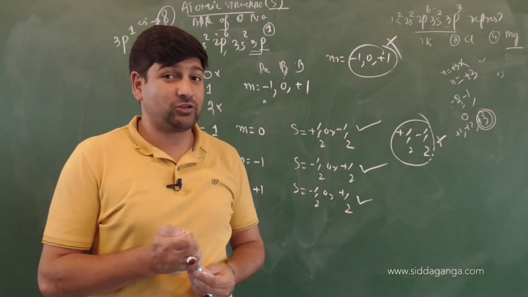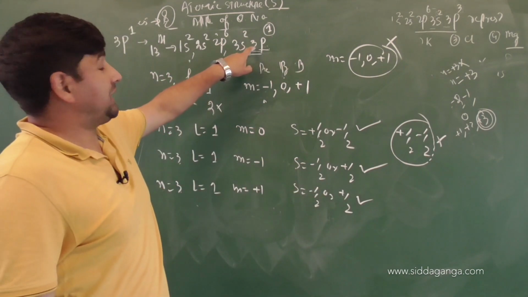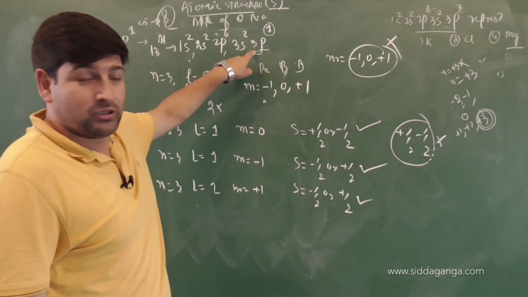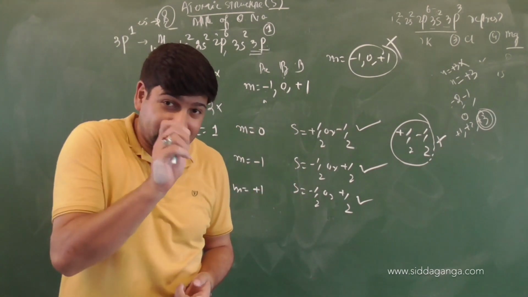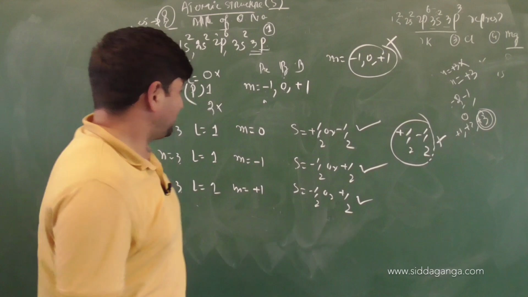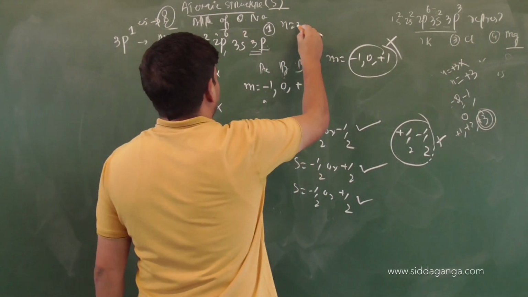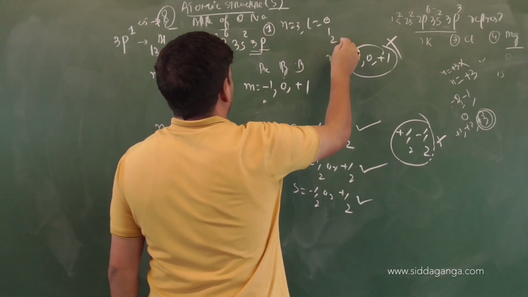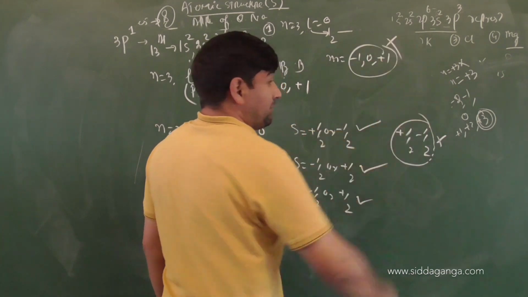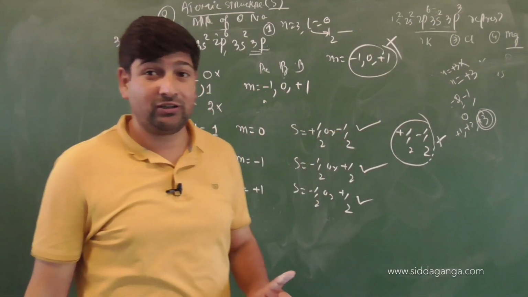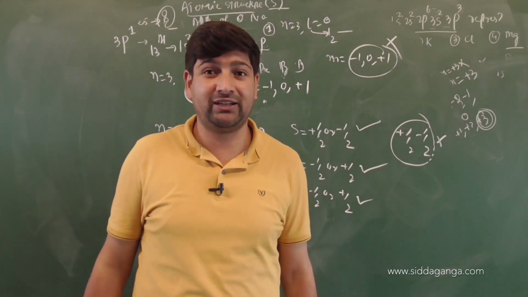Or you may be directly asked the question, which of the following sets of quantum numbers is possible for the outermost electron of phosphorus? If they have mentioned all the orbitals, then it is one thing. But if you have to write the permitted set, not the available set. So this whole is the available set of quantum numbers: n equals 3, l equals 0, 1, 2. But for l equal to 1, m is -1, 0, +1, it will be the available set, not the permitted set. So permitted and available sets of quantum numbers, as I mentioned, are completely different.